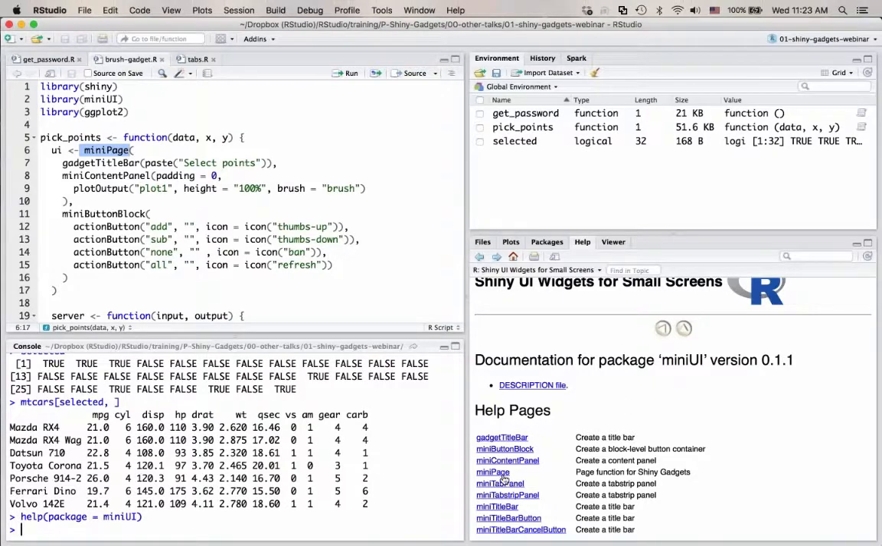The main function for the Mini UI package is Mini Page. It takes the place of Fluid Page, and what it does is arrange to have a Shiny gadget that fills up the whole space. There's some extra CSS involved in doing this, and so the things that go into Mini Page need to expect the sort of CSS tweaking that Mini Page is using to take advantage of that space, which means you tend to only put into your Mini Page elements from the Mini UI package, like Mini Tab Panel, Mini Tab Strip